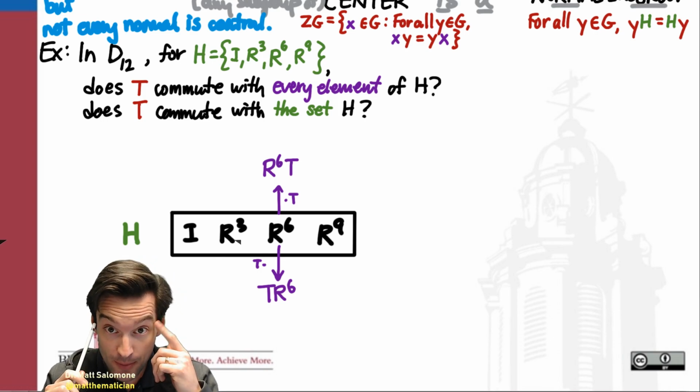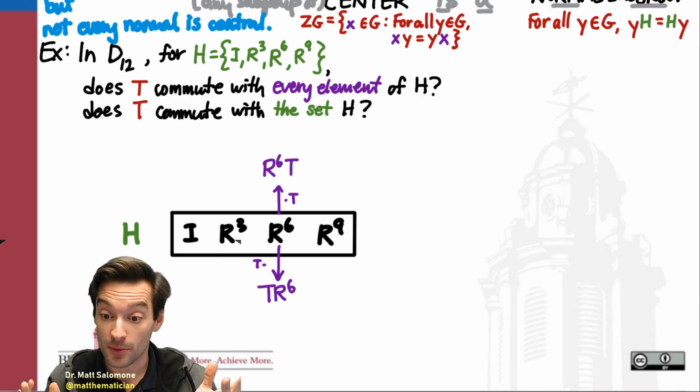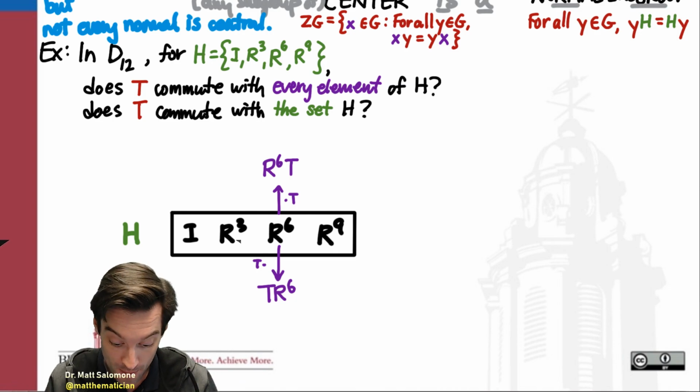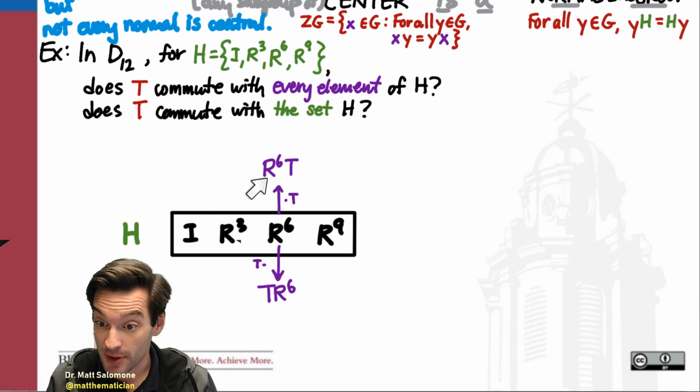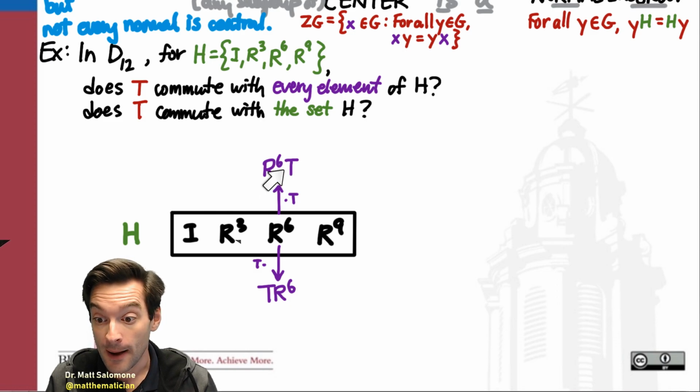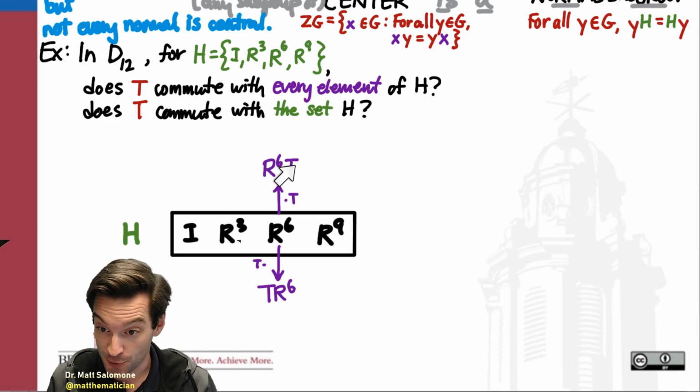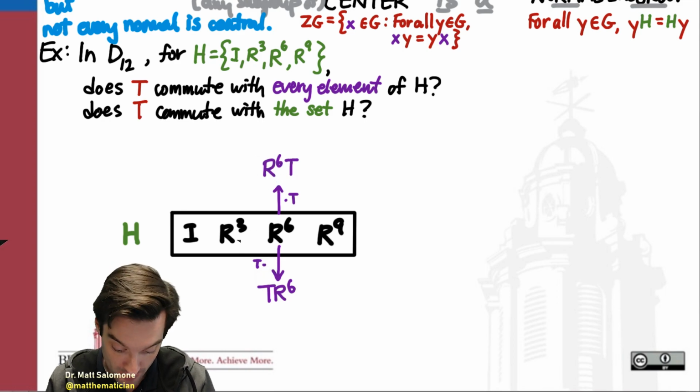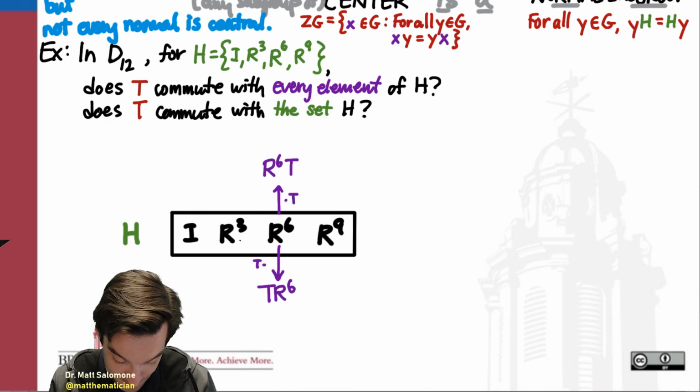Well, now we have to remember how the dihedral group works, right? What the relation is in the dihedral group between T's and R's. Because T and R don't generally commute in the dihedral group. But we have a nice relation in the dihedral group that tells me how I can move all the T's to the left sides of the R's. Remember, in any dihedral group,